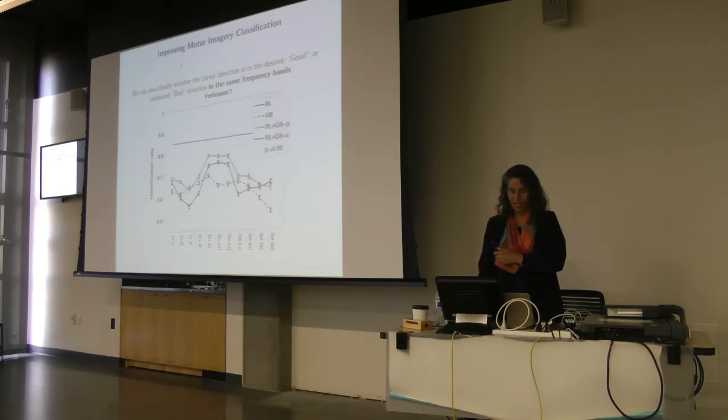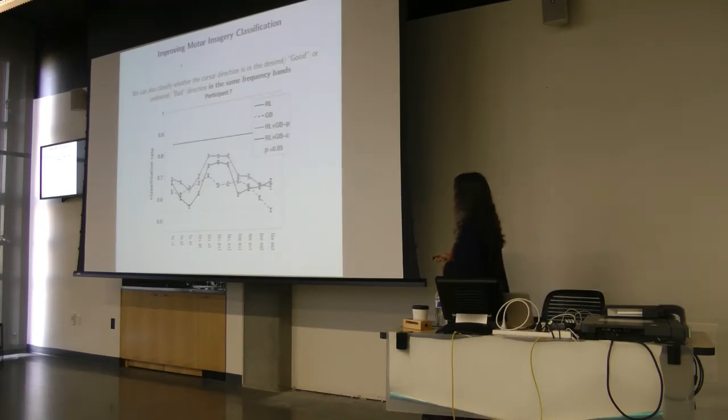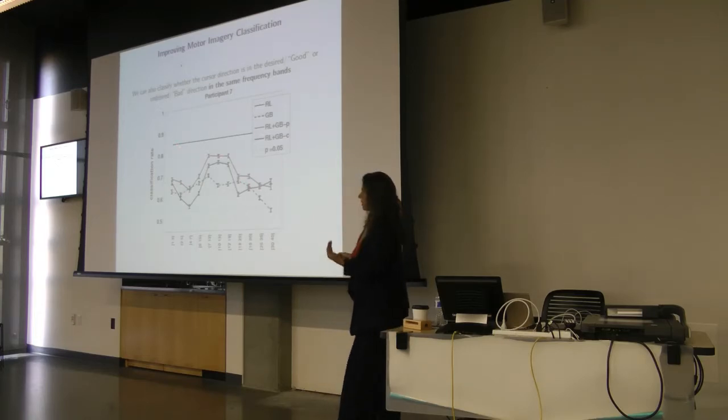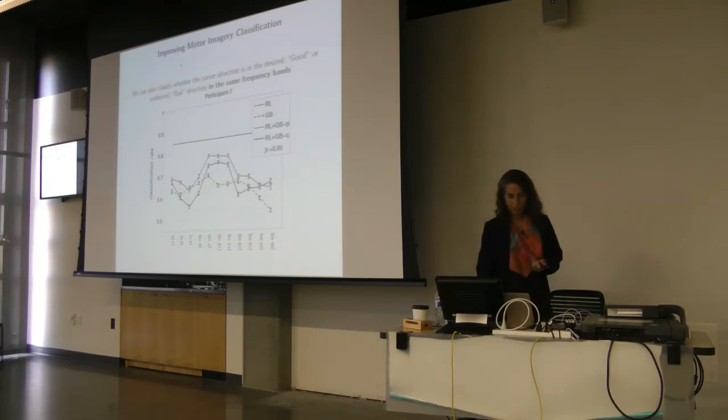We can use that just as much as we can use how well we detect the right versus left. So if we do that within each frequency band, we get the magenta curve, which is generally better than the black. And overall, when we combine the magenta over all frequency bands, we get this new blue line, which is a little bit better. This is one subject,